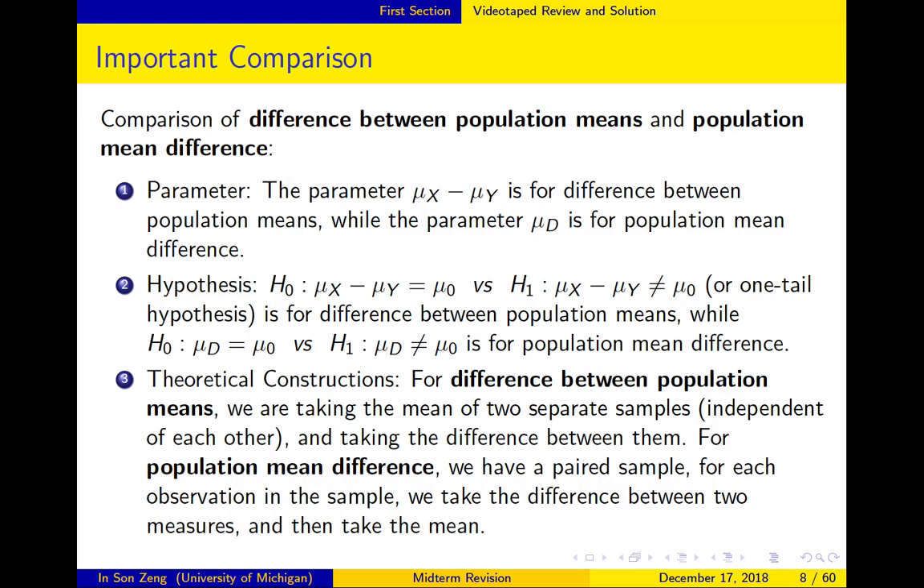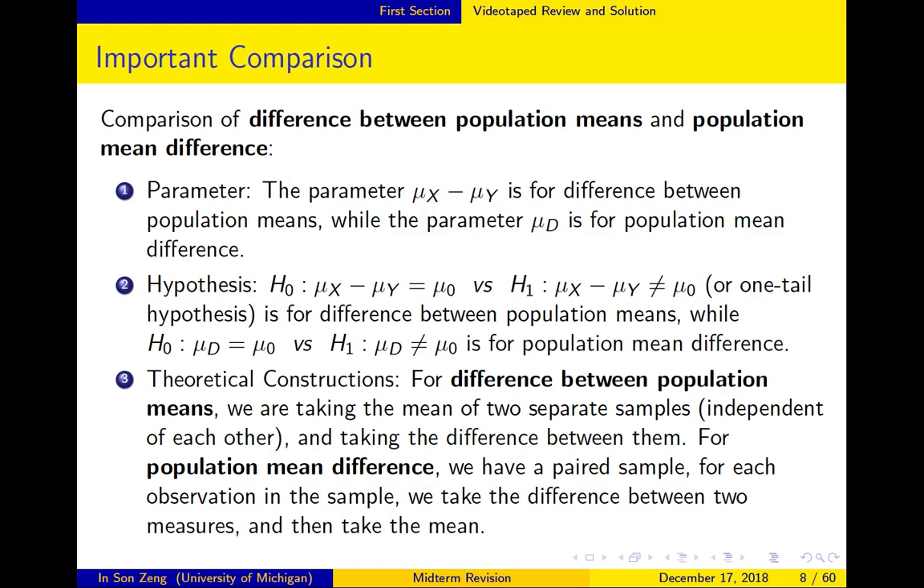While for the population mean difference, we have the null hypothesis, which is mu d equals some number mu 0, versus the alternative hypothesis H1: mu d not equal to some number mu 0. Is it all right? Pause your video if you think that you are confused so that you can come back to see. Now we will talk about some theoretical constructions before the exam,